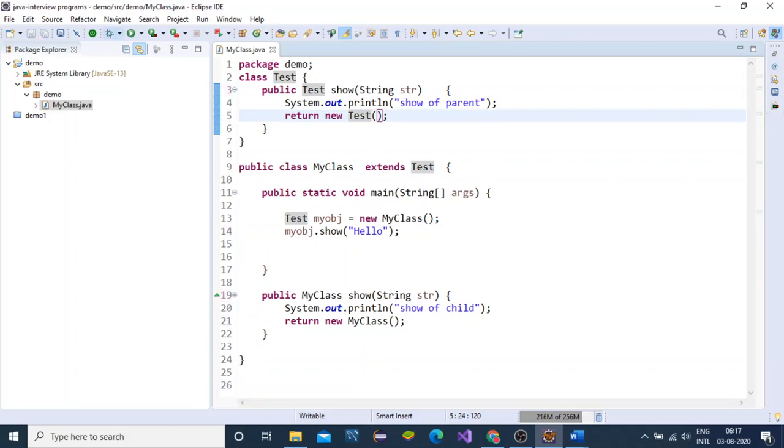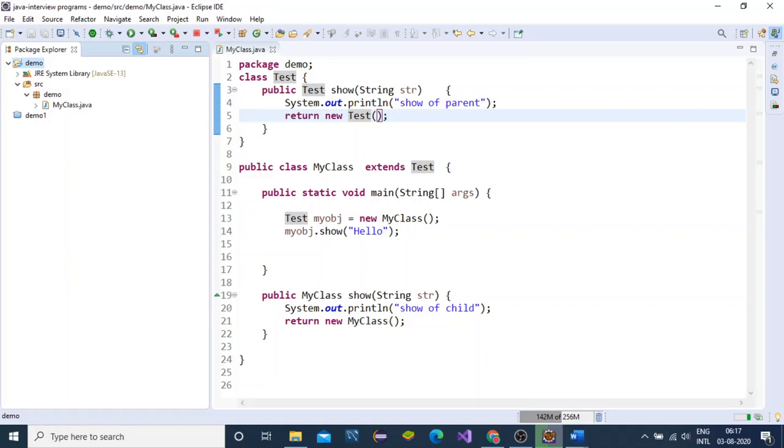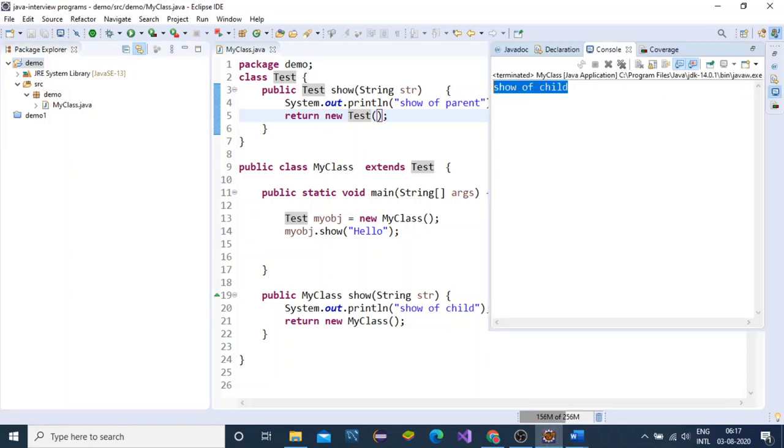It's not a big deal. And we are getting the same output. Our program is running fine, there is no problem here. So we have successfully achieved covariant return type. We have written the program of method overriding by using covariant return type.